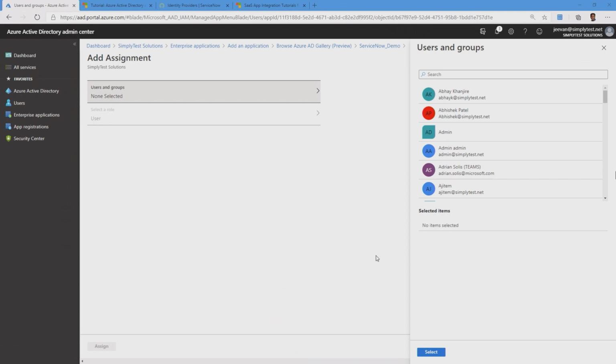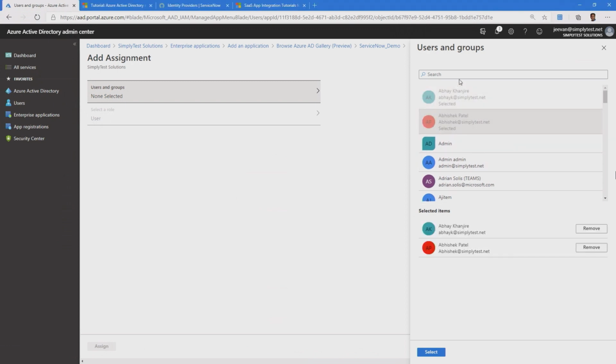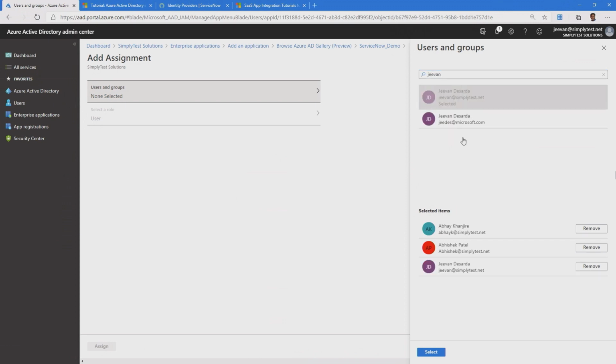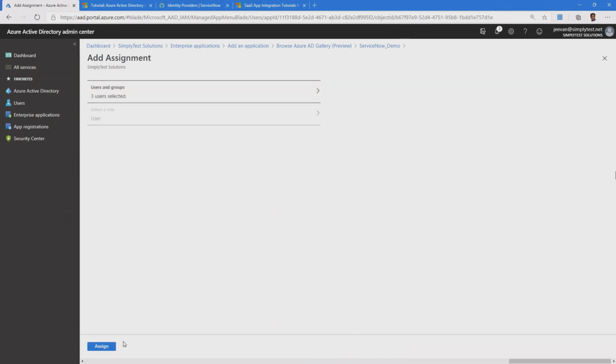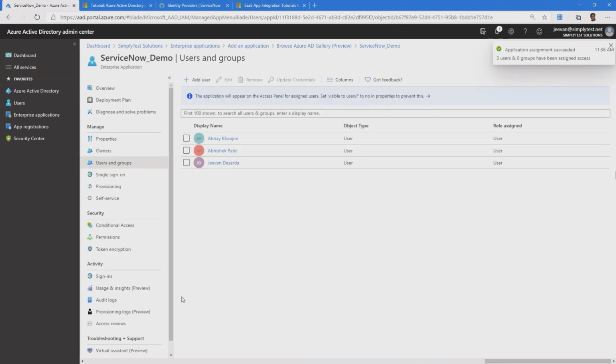So you need to have Azure AD Premium licenses assigned to the administrator so that he can select different groups along with users. So I'm going to select a few users, and I'm also going to select my own user for our testing. Now I have assigned these 3 different users to my application.